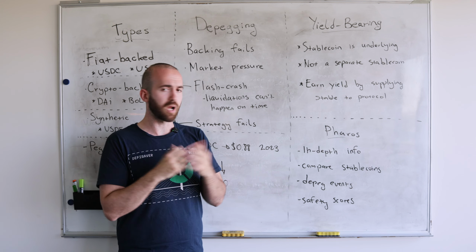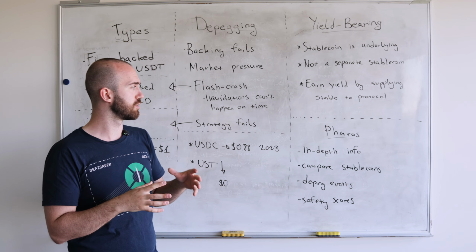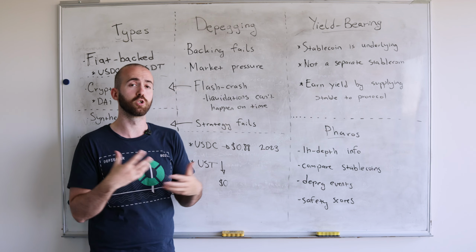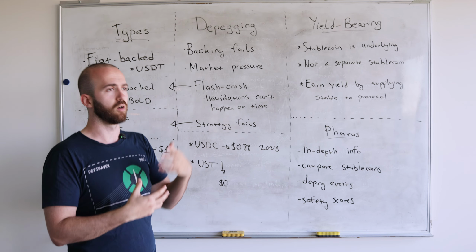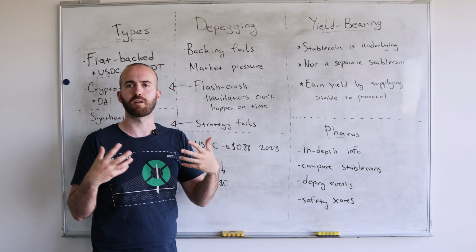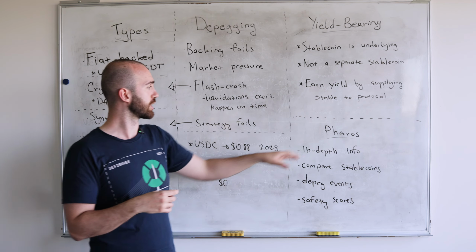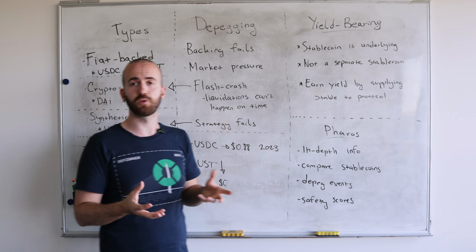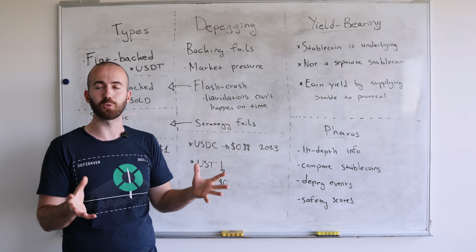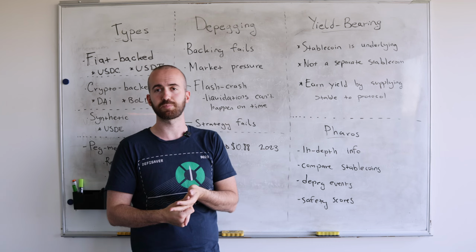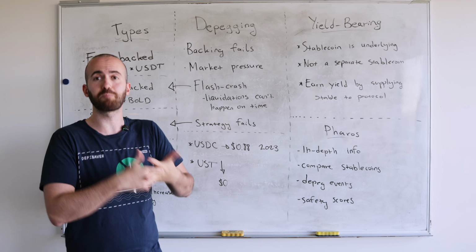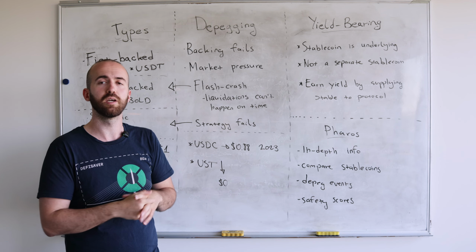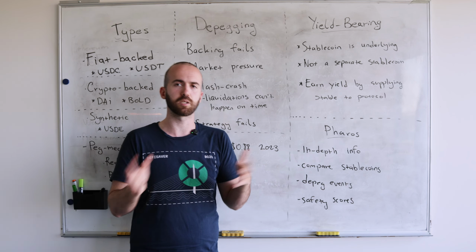Now, to wrap up, I do want to mention for anybody who wants to learn more about stablecoins and all their mechanisms, their backing, how they function, I would recommend checking out Pharos. It has in-depth info about pretty much all the stablecoins. It does risk assessment of them. It has historical depegging scenarios that happened. And it also lets you compare stablecoins